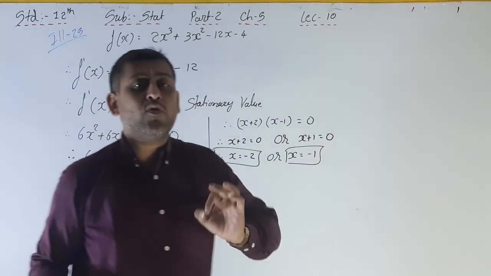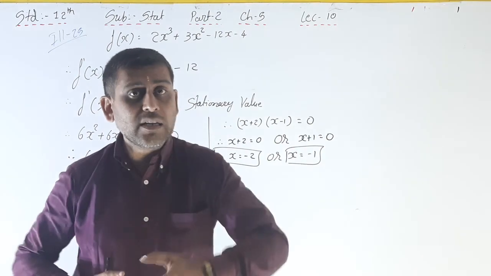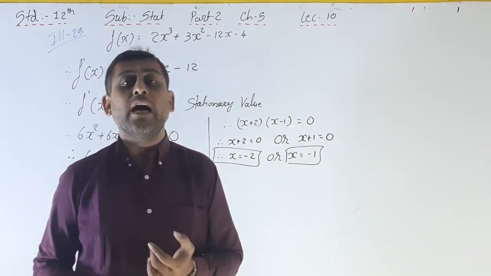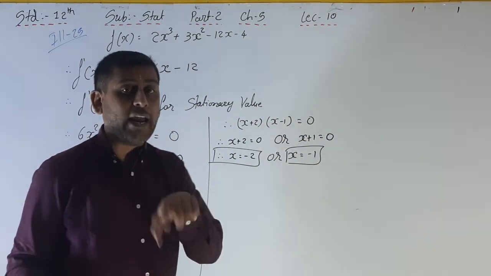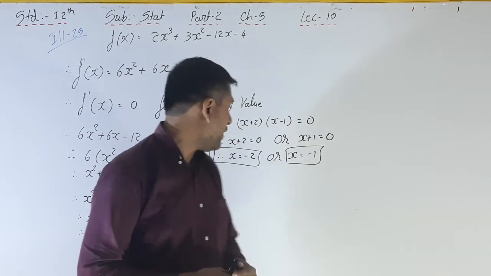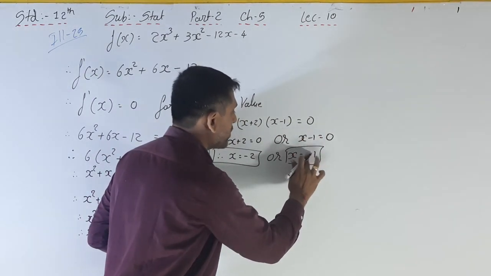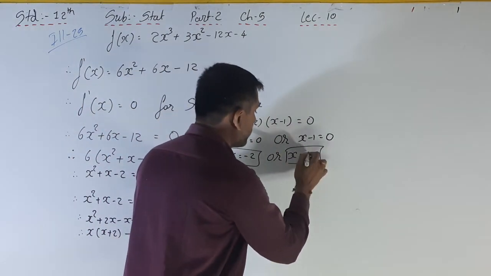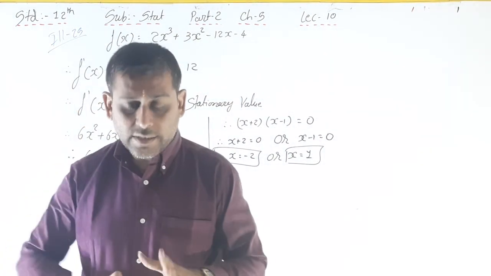First step is you have to find out the first derivative, that is f dash x. In the second step we have to put f dash x is equal to 0 to find out the stationary values. And here I am finding two stationary values of x, right? Here first is x is equal to -2, and the second one is x is equal to 1. Okay, two stationary values we are finding out by step number 2.